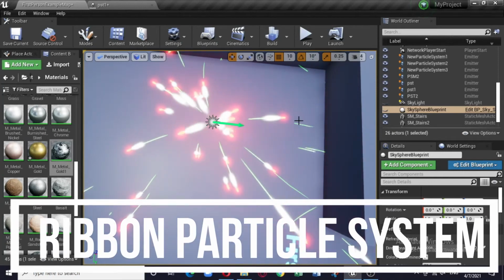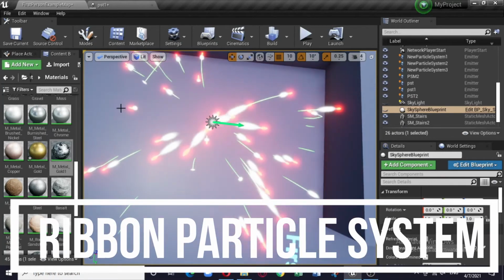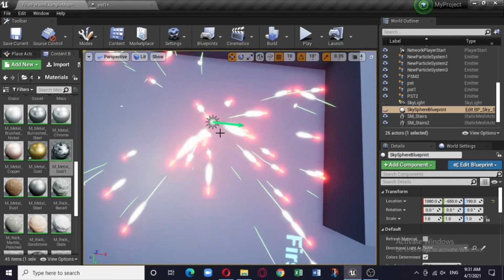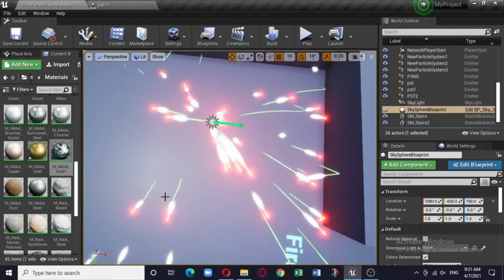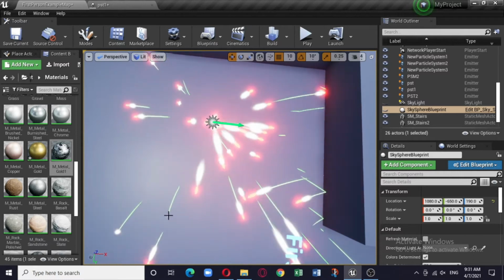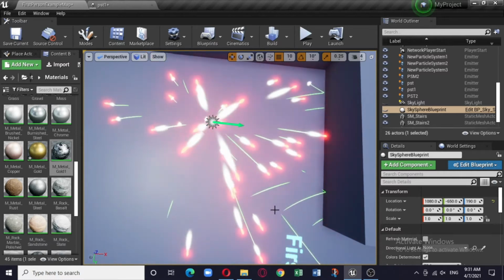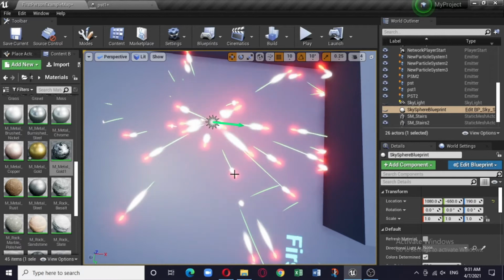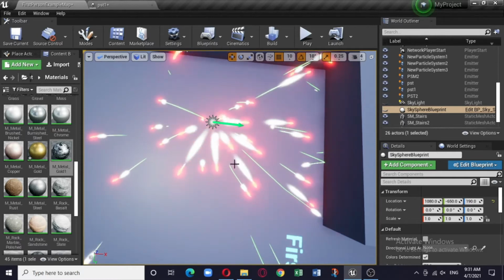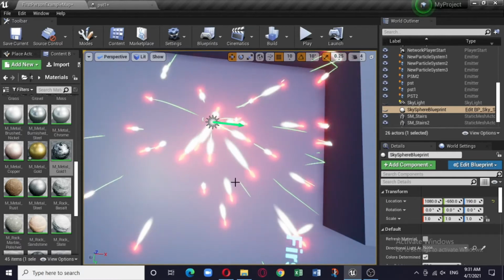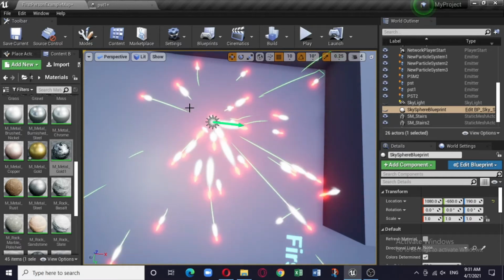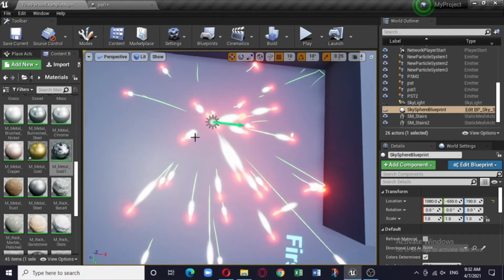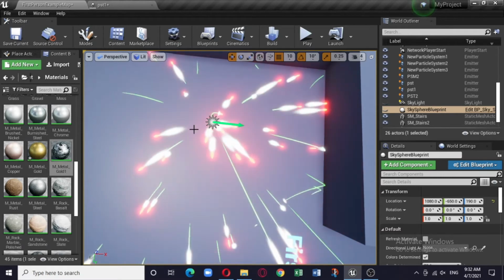Hi, welcome once again. So in this video we will see how we can attach a ribbon with an emitter. So here you can see there is an emitter which is getting emitted and which is being followed by a white ribbon. Here you can see a thick ribbon, and then there is a green small thin ribbon which is following. So what we just created here is an emitter and then two ribbons following it.